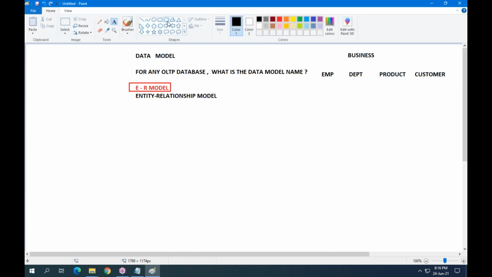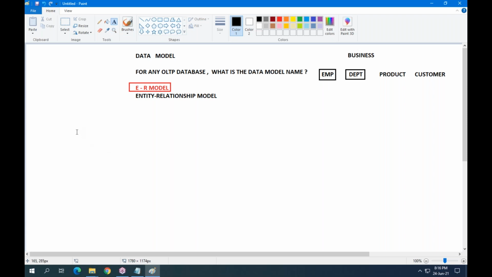Let me consider two entities, EMP and DEPT. Each entity is represented with a rectangle. For example, EMP is one real-time entity, represented with a rectangle.